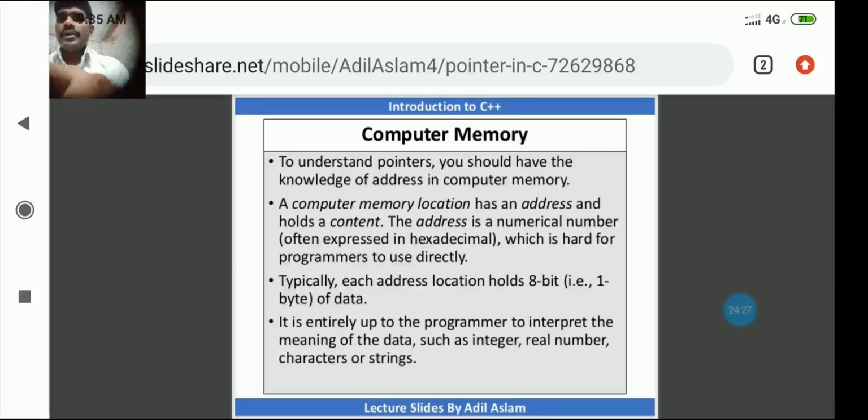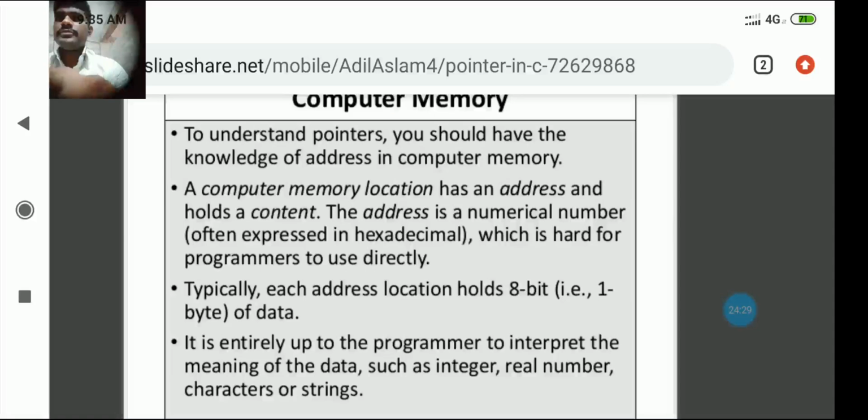Now listen, I want to read some points for you about computer memory. It may help you understand. We already discussed last semester in computer organization how memory helps the computer to store, transfer and change the data. Now listen.